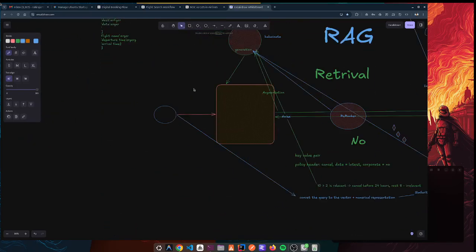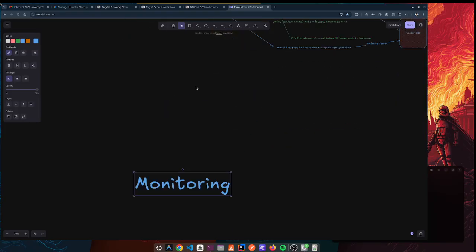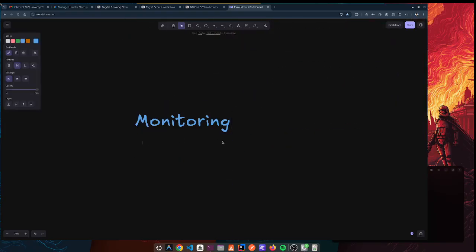So to monitor or to know all these details, what is happening inside the system, we need a framework, right? For that we have a framework called Langsmith. There are many frameworks available to do this, but I'll just take Langsmith as an example here because this is the one I'm using in my project. So what Langsmith will do, I'll write one by one. First,